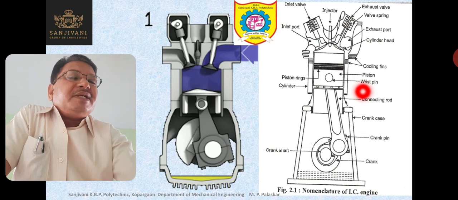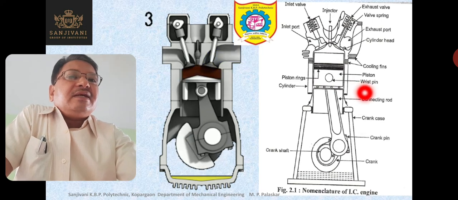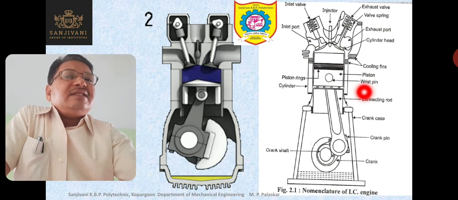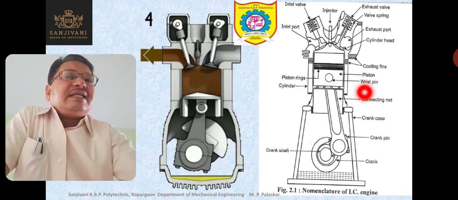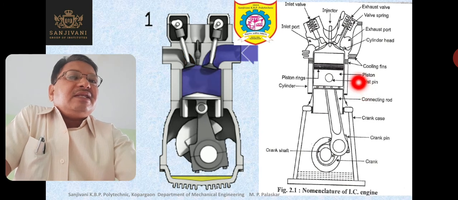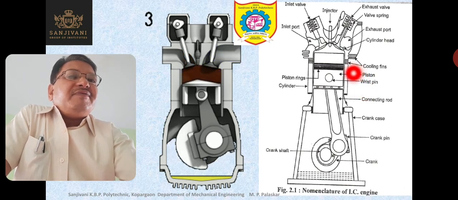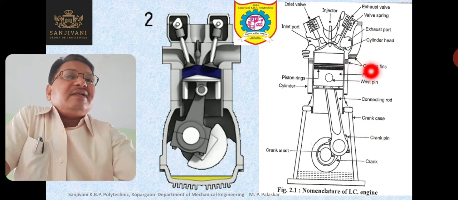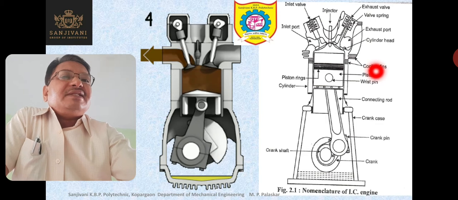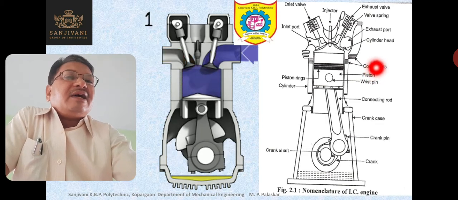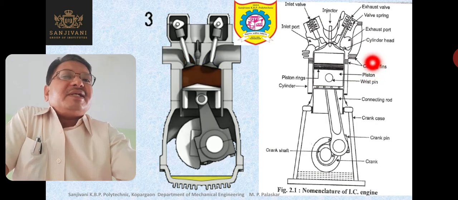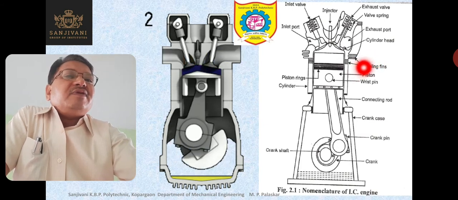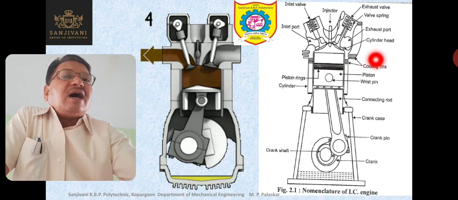So what is this piston pin or the wrist pin? It is the connection between the connecting rod and the piston. So again I have told you that it is a pin joint or a hinge joint, that is a turning pair. So this is the piston. The engine is having fins for cooling purpose. So sometimes, when the engine is air cooled, then it is having fins. If it is water cooled, then it is having a cooling jacket which is present around the cylinder. And water is circulated around the cylinder to cool the engine.